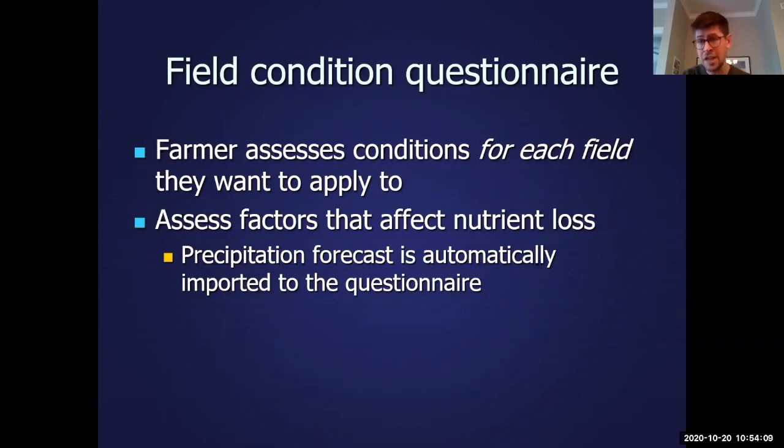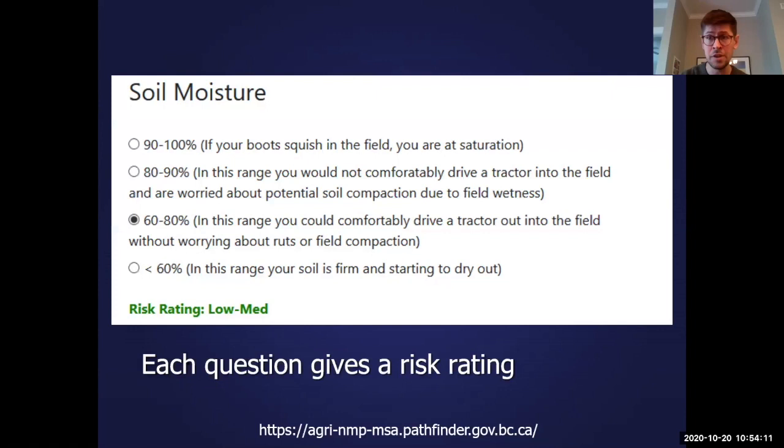All they need to do is answer some of the field-specific questions. And so here's an example of something that we'd be asking the grower. A really important driver in field runoff is the actual existing moisture content of the soil. Because if there's already a lot of water within the soil, it won't take much precipitation to start driving overland movement of water. And so here it's essentially a series of questions on this worksheet, and the grower just picks the one that applies to the field they're looking at spreading on.